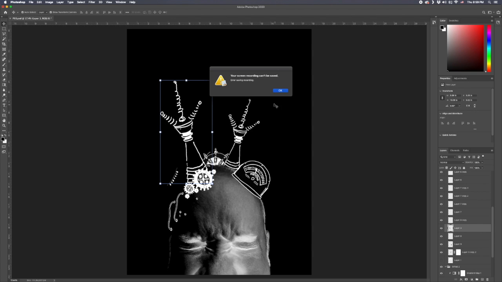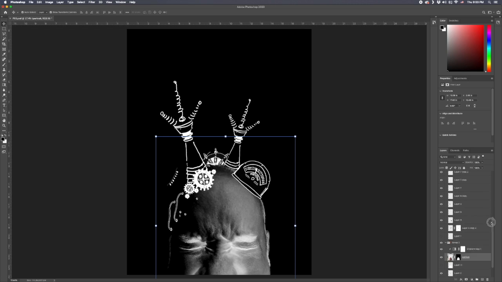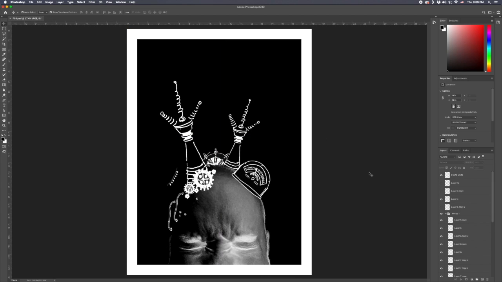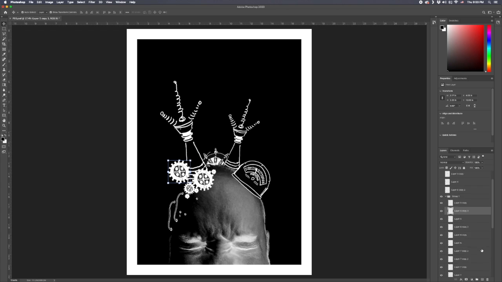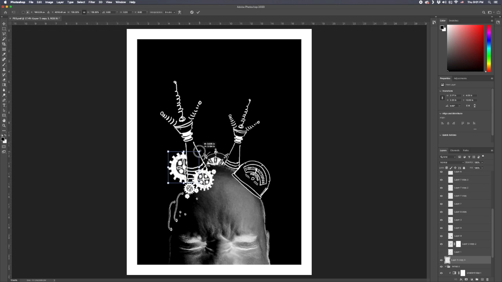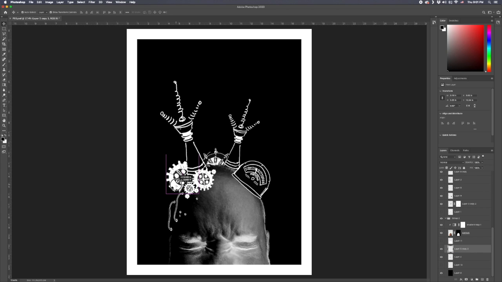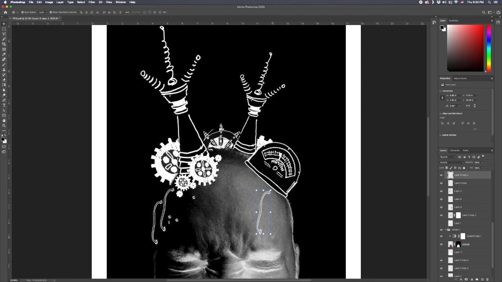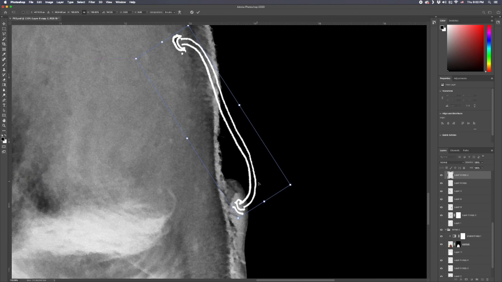I'm going to start duplicating elements in my piece just to add some more weight to what I've done. It seems a little light right now, and the more I can start to duplicate this theme, duplicate elements, and especially play around with variety. So I've scaled up things, I've rotated them, and they're very simple elements, these gears. But if I start placing them in ways that push them back into space, so I overlap things,